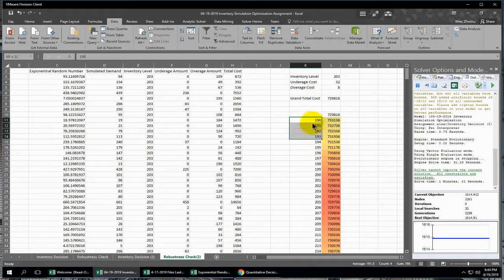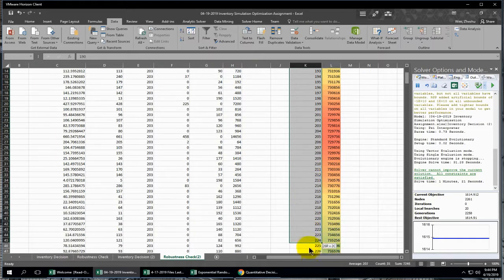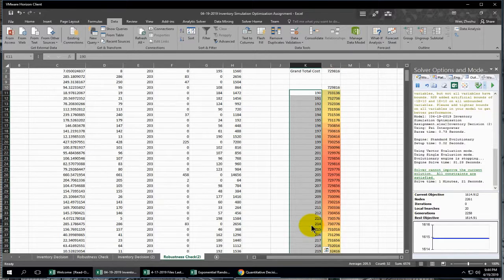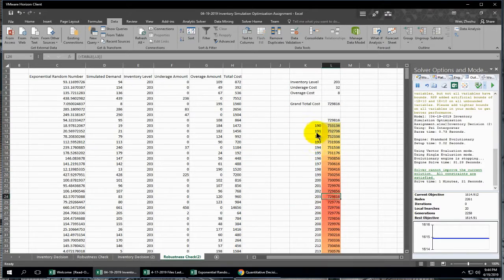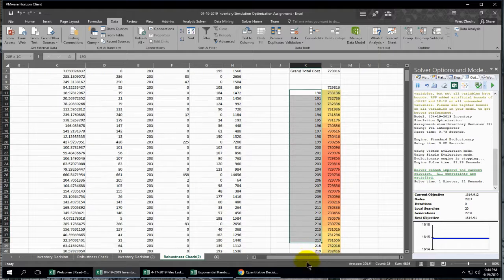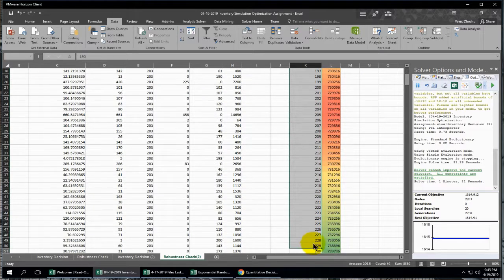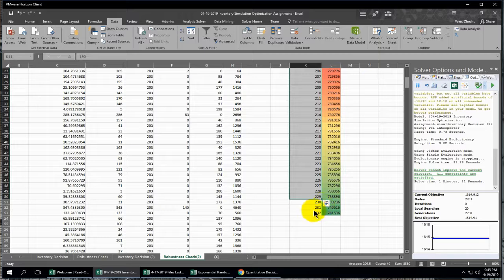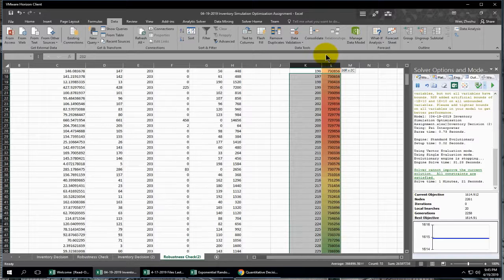I tested different inventory ordering policies. The earlier result told me that 202 is the optimal solution. To test whether that result is robust or not, I listed all different values here. If you like, you can list from 1 all the way to 500 or something like that, but I just listed these ranges to take a look at it. And if you complete this data table process here,